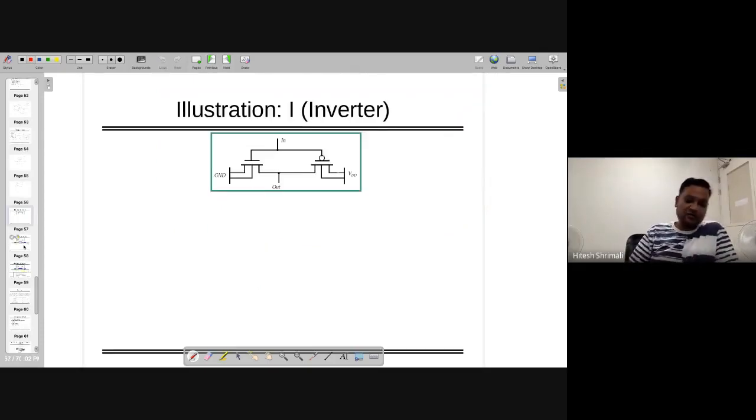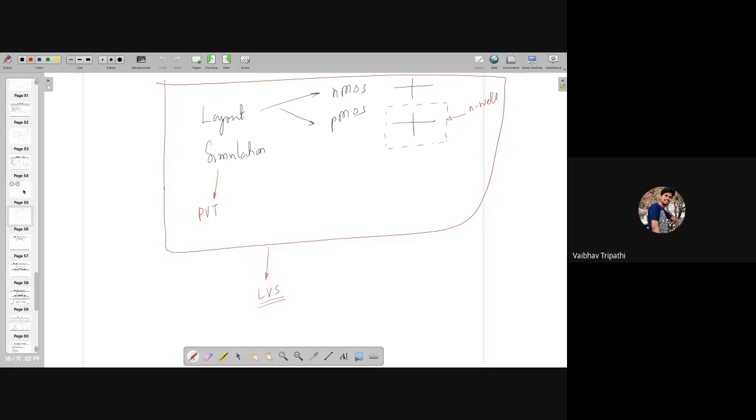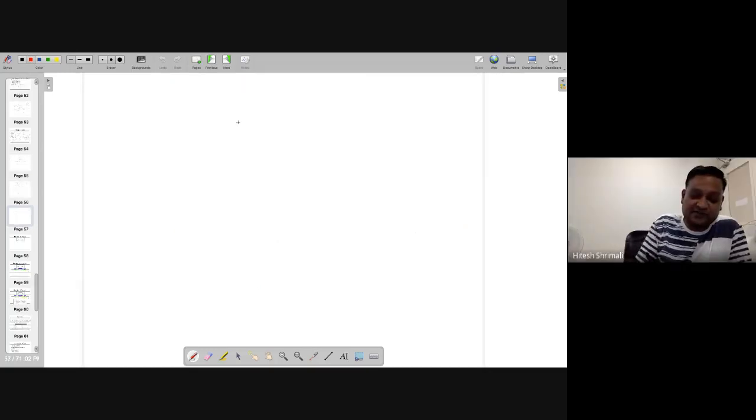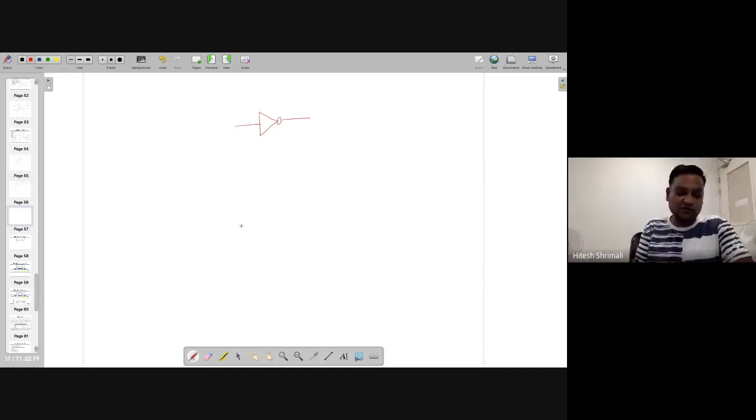Now let's come to the real business, where there is an inverter. Somebody can confirm for me, do you know about the inverter, the CMOS inverter? Have you studied it or not ever? Yes, sir. MTech CSP, no, sir. Communication MTech, yes, sir. Basic functioning, sir, with the two MOS devices. Okay, so you know about it.